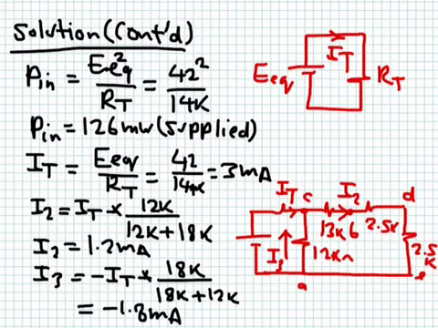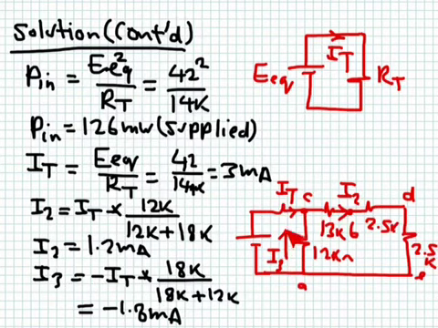Now, what about I3? I3, again, I can calculate it. It's going to be a division ratio. It's 18 over 18 plus 12. But I must include a negative sign. Why? Because if IT is positive and flowing this way, I3 will actually be flowing from top to bottom. It's going to be flowing back, downward, okay? So this is why I include this negative sign